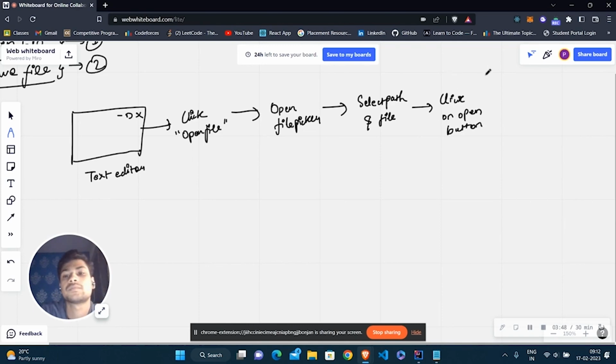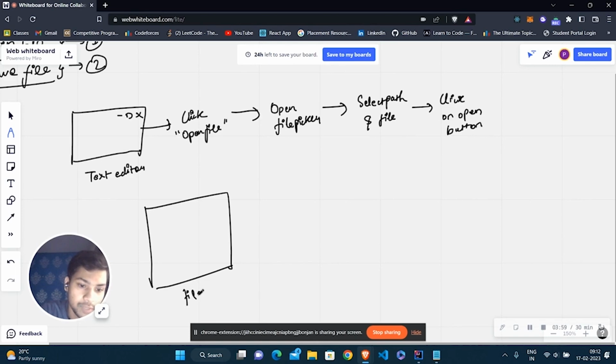And when I click on the open button, there was a file, which I can call file.txt, and there was some text contained inside it.